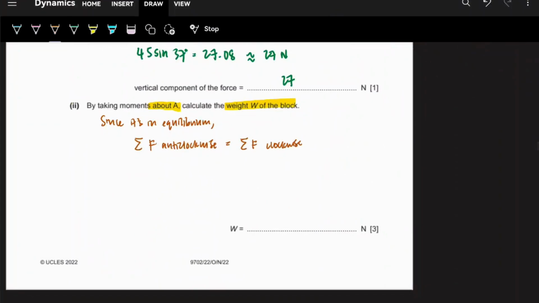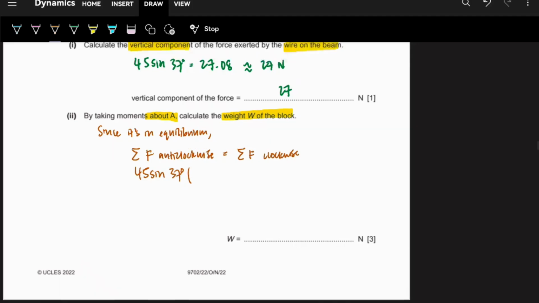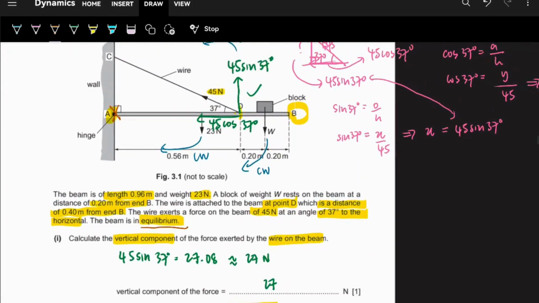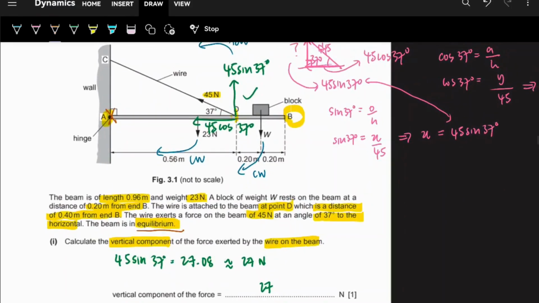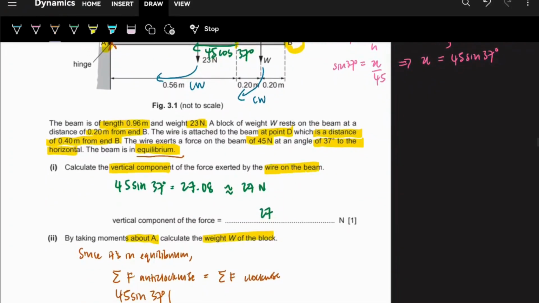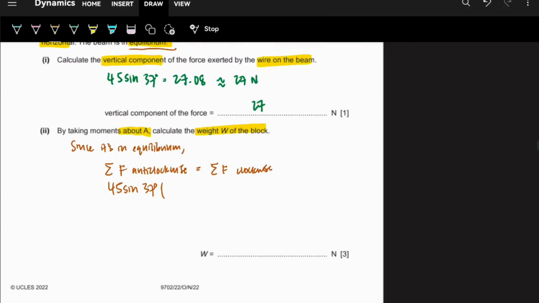Anti-clockwise, we have 45 sine 37 degrees. Make sure you write the right angle. Do not accidentally write 35 degrees or whatever. Be aware of what you are writing, to avoid all these careless mistakes. Okay, 45 sine 37. Now, we know moment,